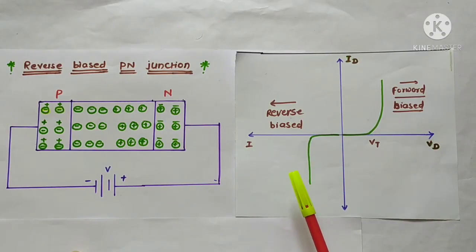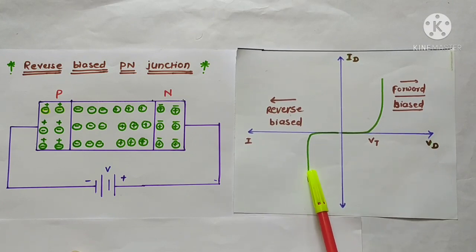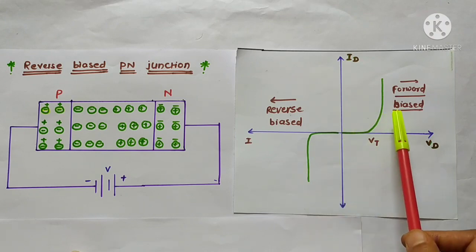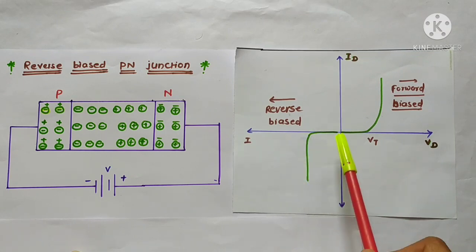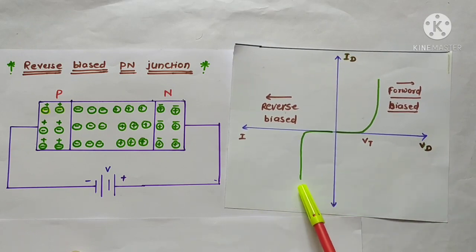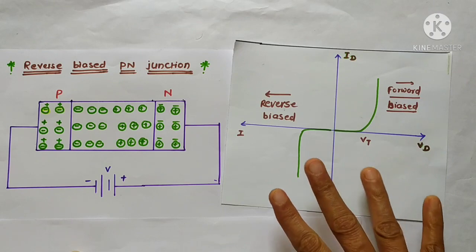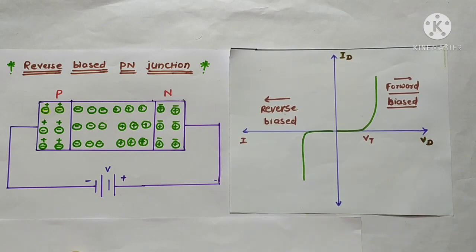But students, you can see in this IV characteristics graph, as the minority carriers are very few in comparison to the majority carriers, in this reverse bias condition a low current flows as compared to the forward bias direction. You can see the flow of current due to minority carriers in this third quadrant. Okay students, this is the graph which shows the negative current or the reverse current due to minority charge carriers.